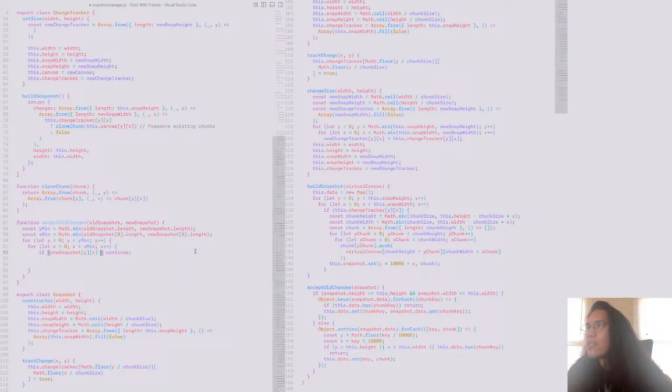If this or not old snapshot y x, I might have to put a comment there. Usually if you have those binary things where one is negated and the other isn't, you're never gonna remember why in the future. So there is an old snapshot there. There is a one that's new. So now I have to do new